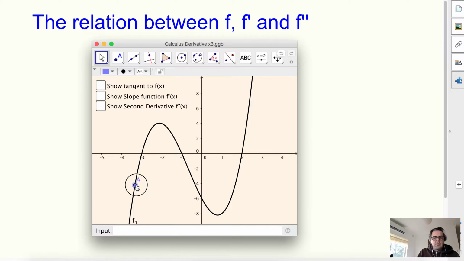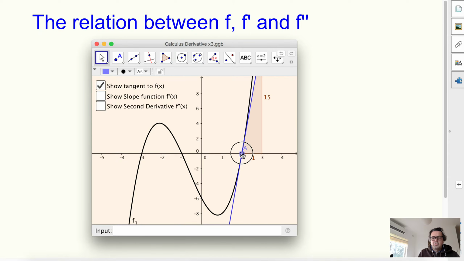Now if I want the instantaneous rate of change in this point A, I need to find the slope of the tangent. So here's the tangent. The function goes very steep here, tangent of 19.4, the slope. And when I go up here, the tangent is horizontal, the slope is 0, which means a maximum on the function. And I go down, slope gets higher again, up to negative 6.3, but then it decreases again, back to 0,